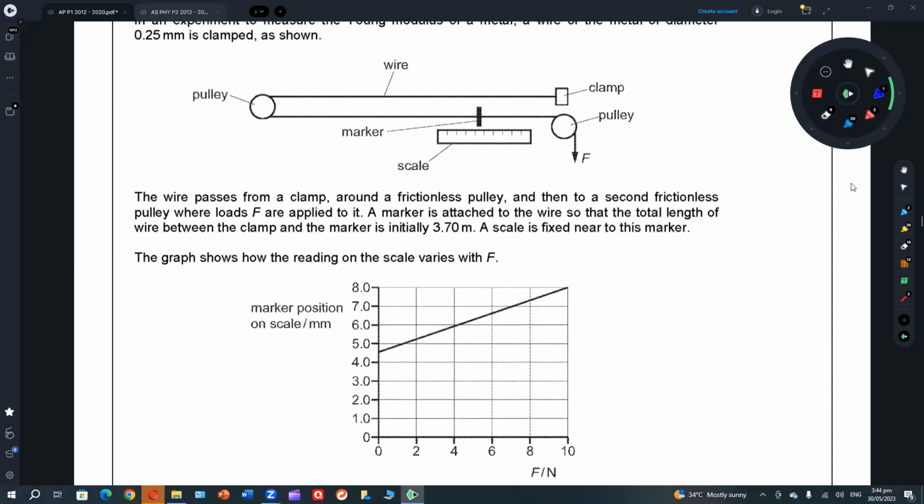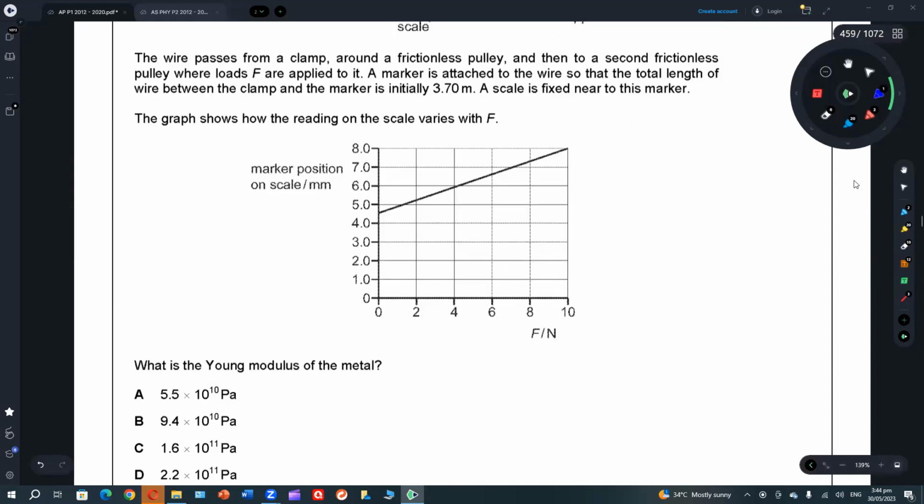And as you keep on adding the load, it is an extension. It looks to be marker position on a scale. Initially it is 4 point something. But why is it saying 3.7? Acha, 3.7 should be the initial length. I think 3.7 is the unloaded length. So then when it becomes 4 point something, when it goes on,